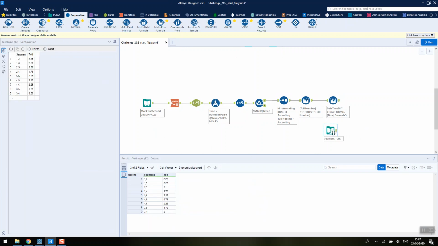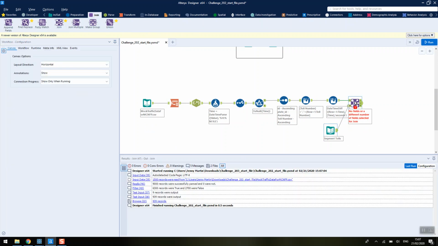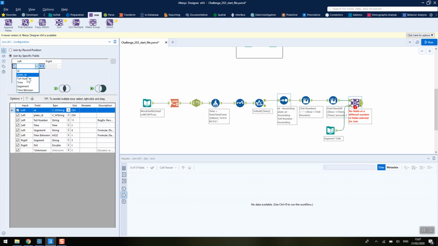Now I think we're ready to join these two together, so we get our toll information. So let's just join together those segments. It's called segment here. What was it called? Oh, it's called segment there. Awesome. I must have spelled segment wrong myself. Cool. So if we join those together,